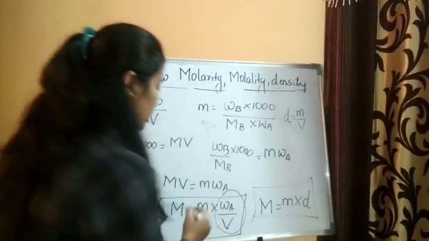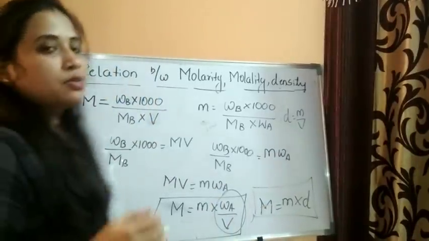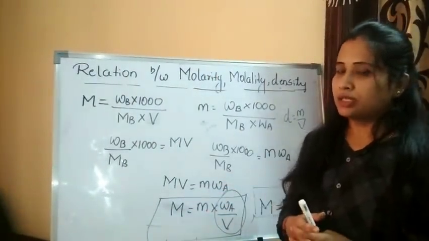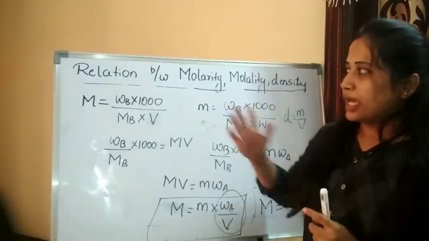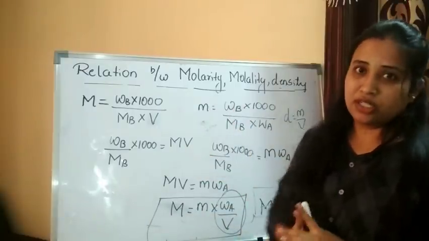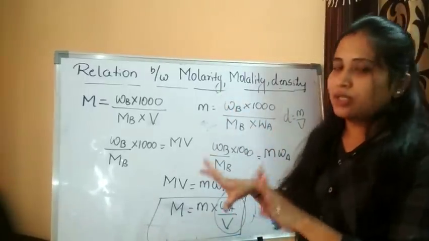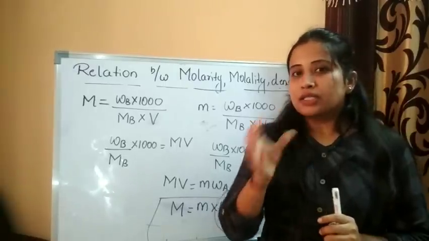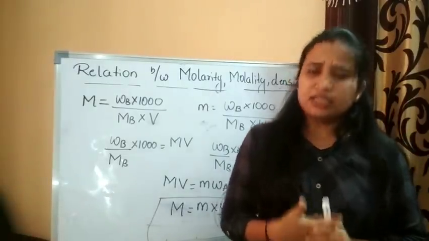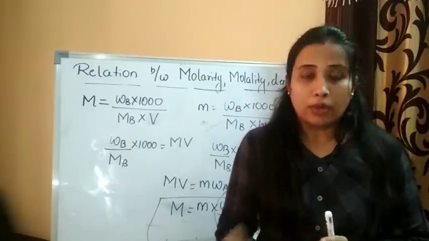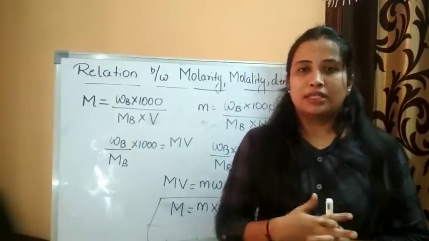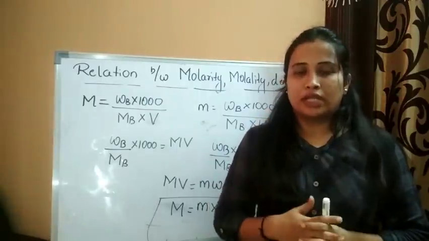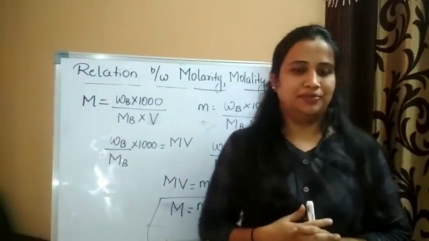If you know this relation, it becomes very easy to solve the problems or numericals based on this concept. I think it is clear now, so I can move to the next part of the concentration terms. All these parts are important till now. So let us move to the mole fraction. Before that, we considered molarity here. There are other terms that also appear, like normality and formality. Let us have a small discussion over that, then we'll move to the remaining part.